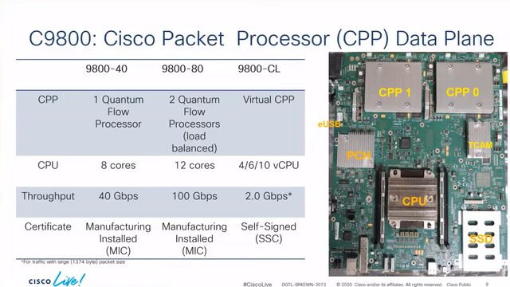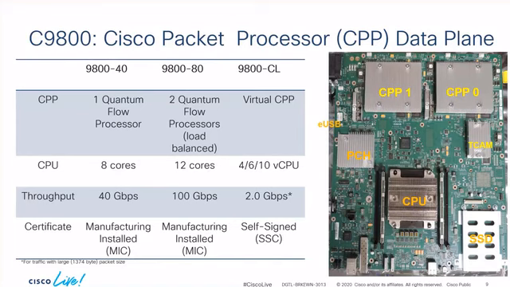On a 9840, you would have one ASIC called the Quantum Flow Processor. On the 9880, there are two. On a 9800 CL, it is virtualized in software. There are differences in CPU throughput, etc. The key takeaway here should be that even though the 9800 CL provides a lot of scale, it has a throughput limitation